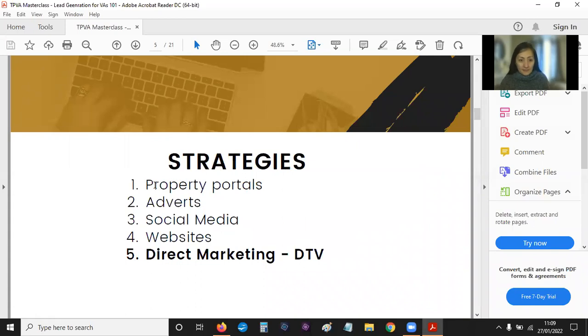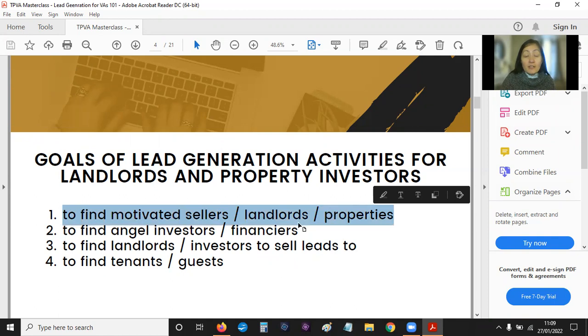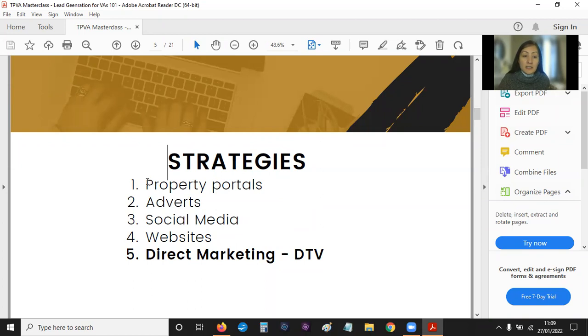Strategies. So I'm going to be covering the various strategies that property investors use to find these things that they're looking for, but especially the number 1 thing that they're looking for, okay, is to find properties. That's why they're called property investors. So what are these strategies? Your property investor clients may use property portals, adverts, social media, websites, and finally, direct marketing. You as a VA, a property VA, will most likely fall under this one, okay,